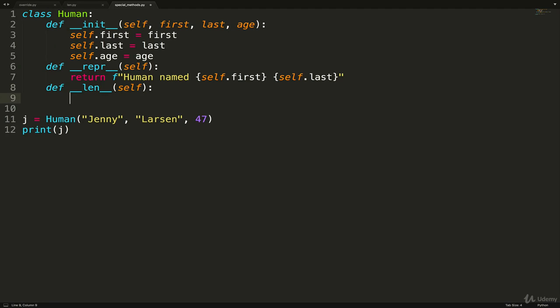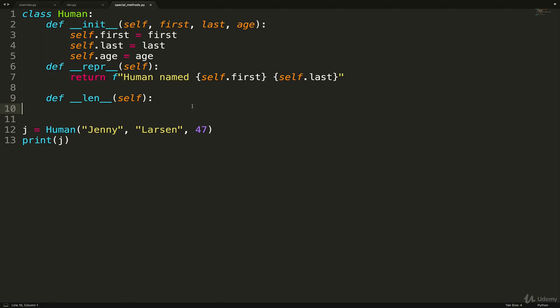And how would we want to define the length of a human? I don't know. Let's for now just return self.age. So the length of time they've lived. How about that? So now if I do print len of j,